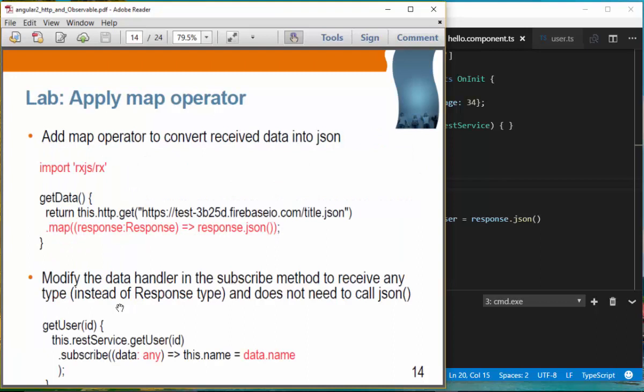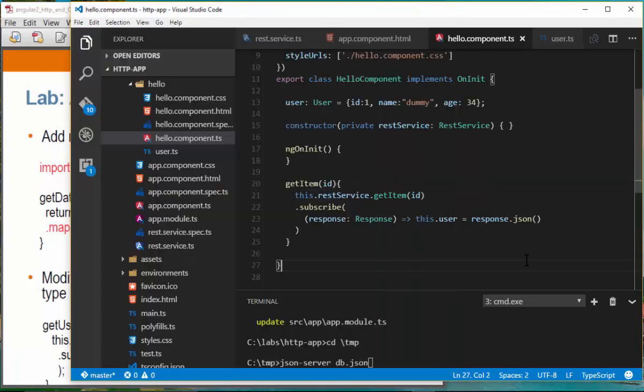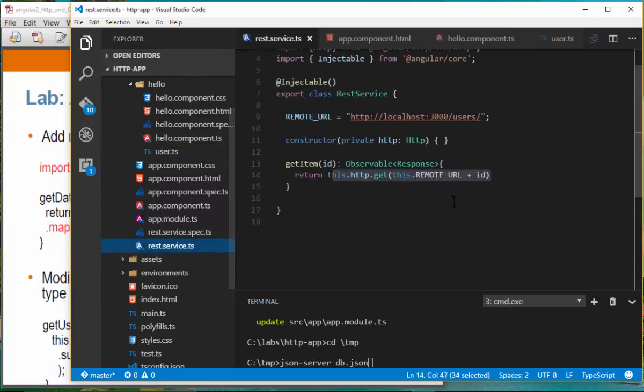Okay. So what we want to do is, we know that we have to call the JSON method of the response object to get the JSON representation of the body of the response, right? Instead of doing that here in the hello component, calling JSON could be done in the REST service. Here it returns an observable. Then we can call map,